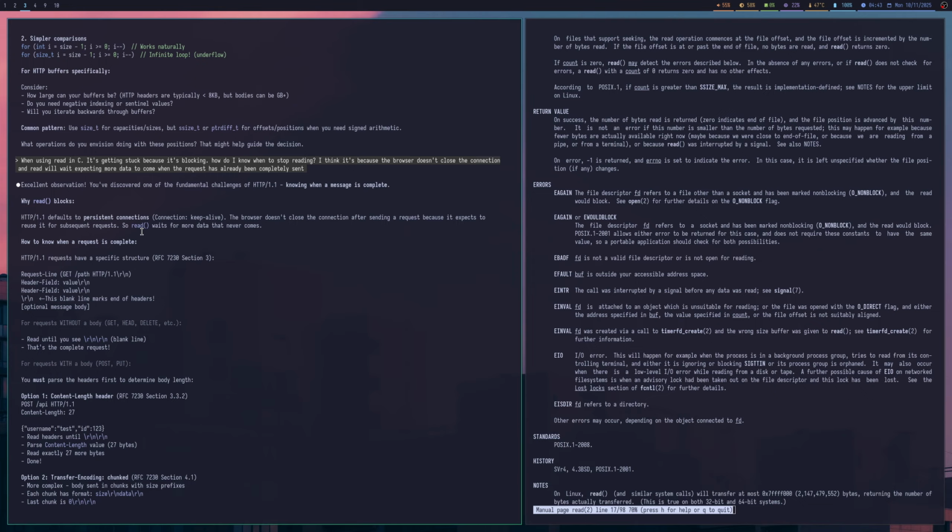Let's see. HTTP defaults to persistent connections. The browser doesn't close the connection after sending a request because it expects to reuse it. So read waits for more data that never comes. How to know when a request is complete? Read until you see this. That's the complete request. For requests with a body,